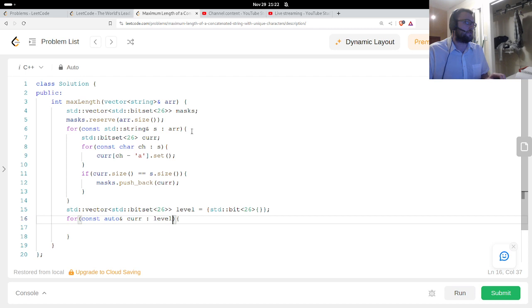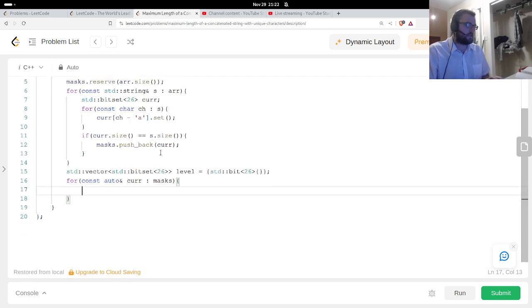Or not the level, we could do. I mean, there are multiple ways to do a level order traversal. I usually do like 2 levels where you push one into the next one, but you could just do each mask, and then for each mask, if you were going to do it this way, you would want to go backwards through the level.